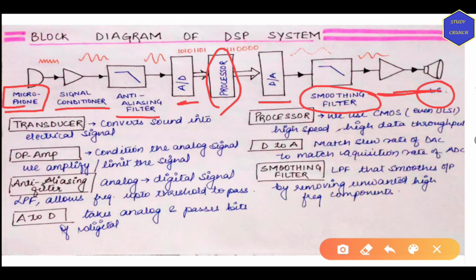Now let's see. In our case we have a transducer, which converts sound into electrical energy. So we have to take some input. If we have a sound signal, then we have to convert it into an electrical signal, which is done by a transducer. In our case it is a microphone, right? So the microphone is used as the transducer. Then is the signal conditioner, which will condition or amplify the signal according to the limits of the signal to be transmitted.